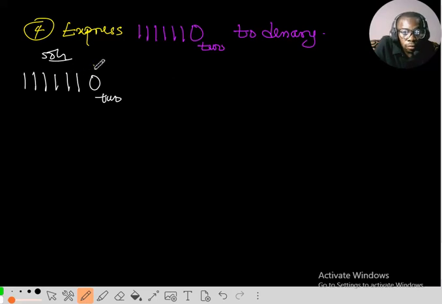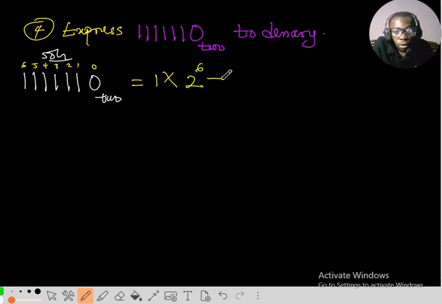This is the first number from behind. This is power 0, power 1, 2, 3, 4, 5 and 6. So we can now write it out in the expanded form. So 1, which is the main number, times the base 2 raised to the power 6, plus again the next number 1 times the base 2 and the power is 5, plus the next number again 1 times the